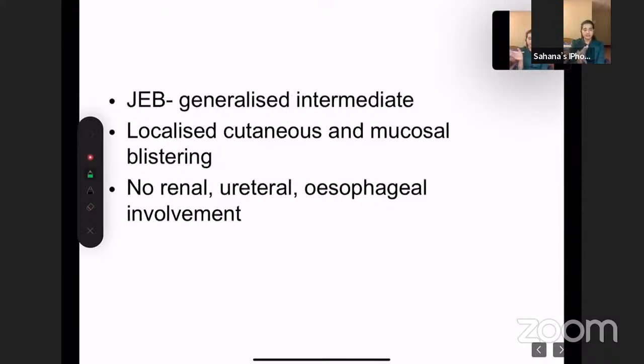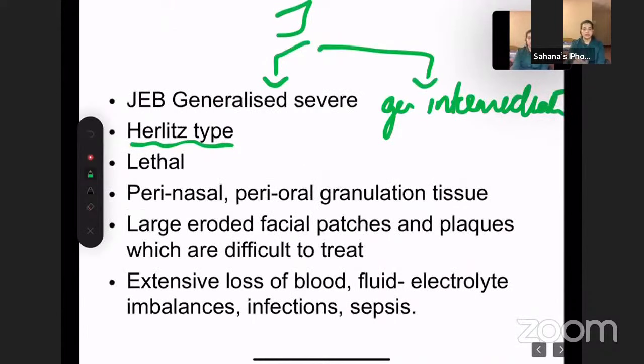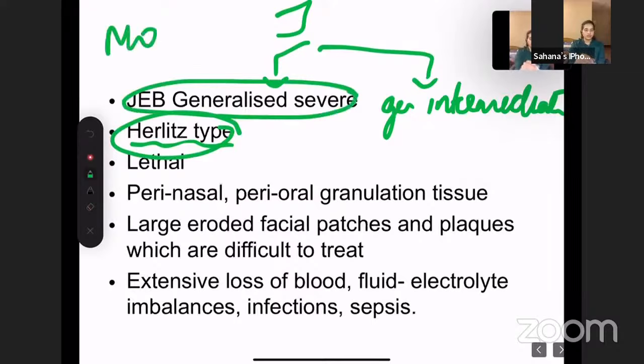So the other type. So this was the more severe type. Usually infants do not survive with this lethal or Hurlitz type. So if there's a question from a more theory point of view, about which is the most severe type of EB, then the thing you should choose is Hurlitz or junctional EB generalized severe. This is the most severe. So this severe word comes in all forms of EB. So you have EBS generalized severe, there's dystrophic EB generalized severe, but the junctional generalized severe is the most severe